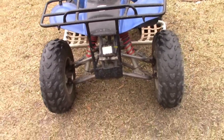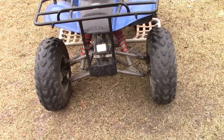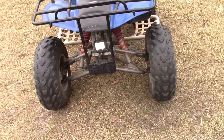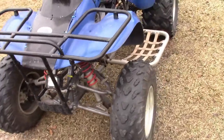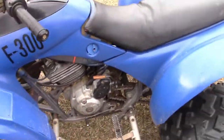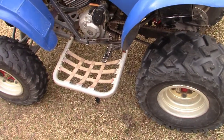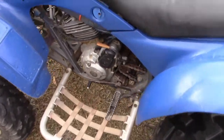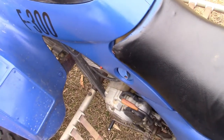So when I got there to get it, they were out there fumbling with it, had it locked into reverse, couldn't figure out how to get it out, couldn't get it to crank. I got the whole, I swear last time I rode it, it was fine thing. So I messed with it a few minutes, got it out of reverse, finally got it to crank. I think it does have some carb issues, and it definitely needs a valve adjustment. Let me fire this pig up, see if y'all, I don't know how well it's going to translate on camera, but